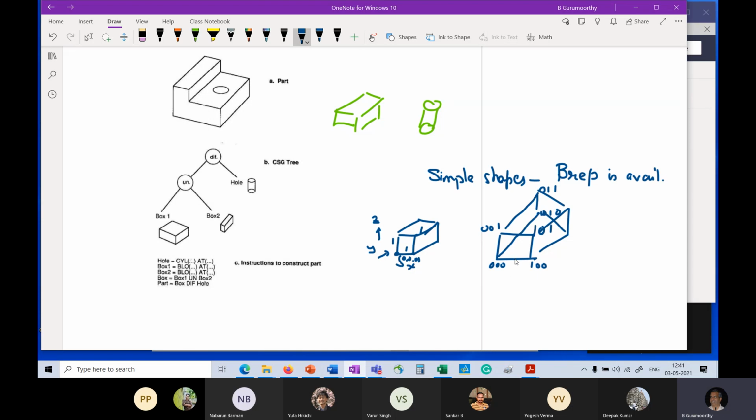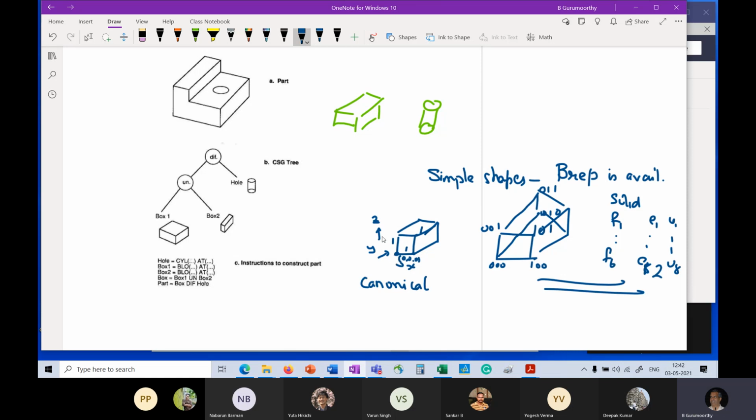I can label the edges now 1, 2, 3, 4, and I can write down my solid as we had done in the representations earlier: F1 to F6, E1 to E12, and V1 to V8. All of this can be written down, and since it's a small, simple object, you cannot make a mistake. You can check if you have made a mistake. So that's what we do. We start with what we call a canonical shape, or a generic shape, a starting point, which is a unit cube centered at the origin.